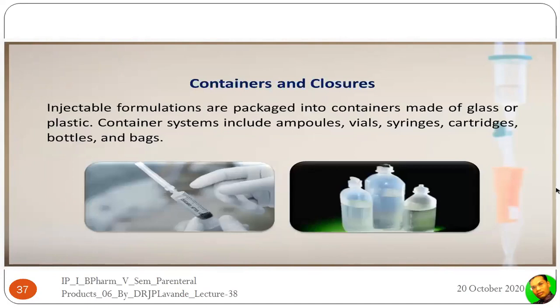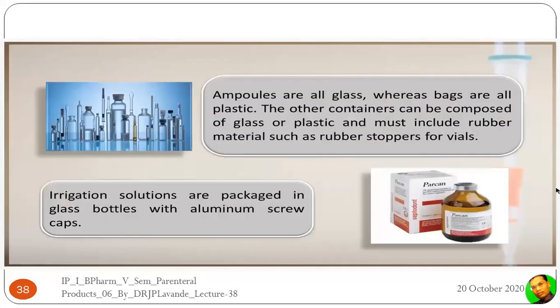As far as the containers and closures are concerned, the injectable formulations are packaged into containers made up of either glass or plastic. The container system will include different containers like ampoules, vials, syringes, cartridges, bottles, and bags. Ampoules are all glass, whereas bags are all plastic. The other containers can be composed of glass or plastic and must include rubber materials such as rubber stoppers for the vials. Whereas in the case of irrigating solutions, these are packaged into glass bottles with